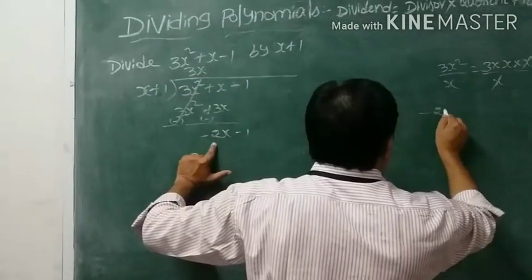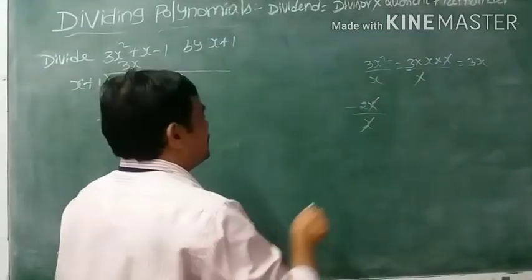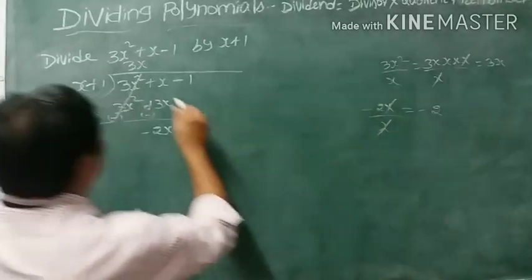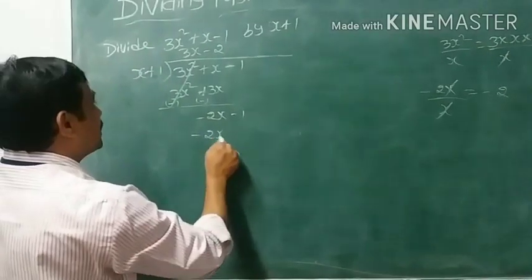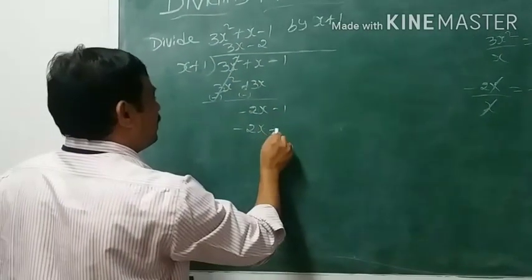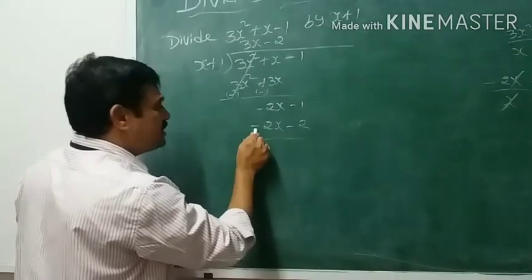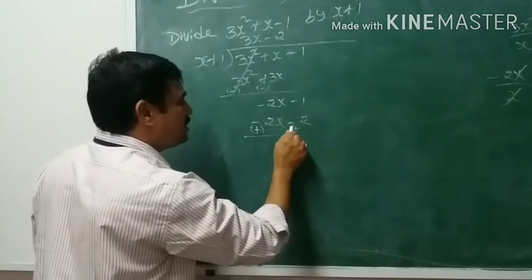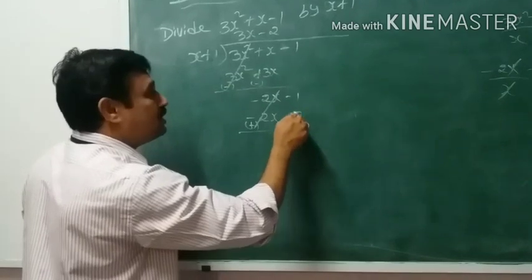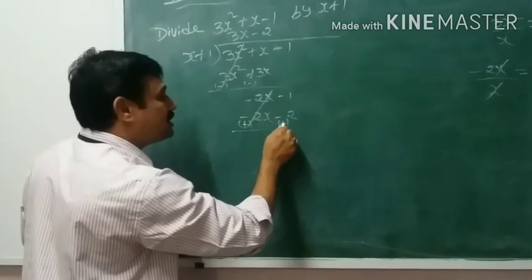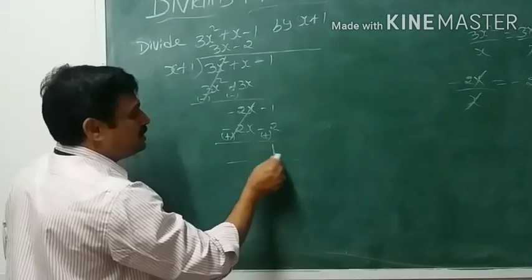After that, minus 2x by x. Which one is the first term? x. So x will get cancelled, and we will get minus 2. Now x into minus 2 will get minus 2x. Plus into minus 2 ones are 2. Then change the signs. Here minus becomes plus, here also minus becomes plus. Then we do cancellation like this. Minus into plus, minus. So 2 minus 1, 1. Bigger number is in plus. We can write plus, or otherwise, both are the same only.